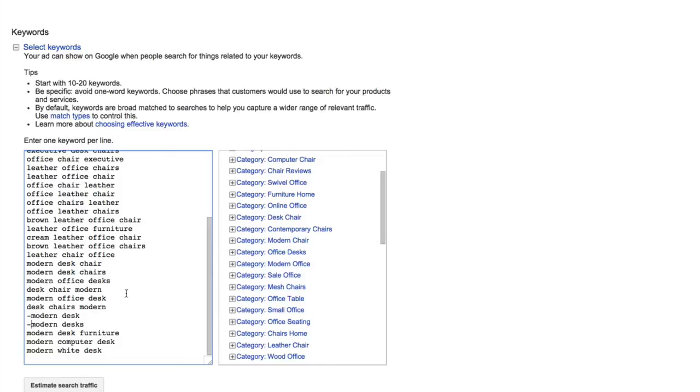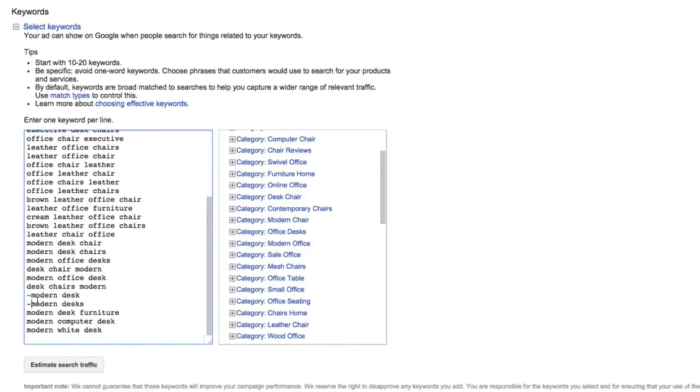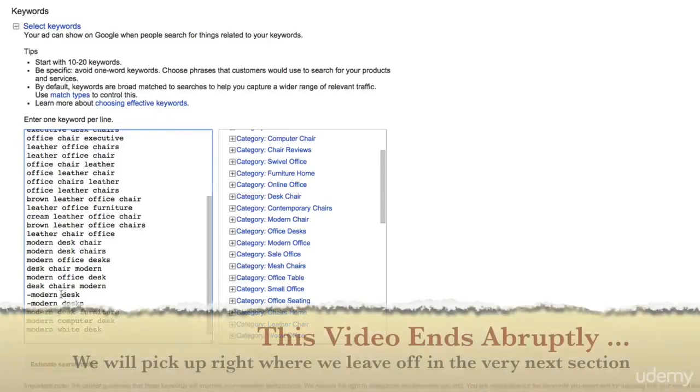Did anybody catch the issue? Well, I hope you're thinking that if I just leave it as a broad match negative, then if somebody searched for modern desk chairs, I will also not have the ability to show an ad. It won't trigger our keyword. So the solution is to make this a bracketed exact match negative. So I'm going